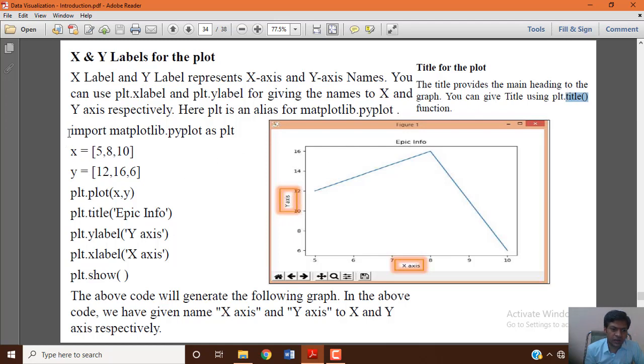How can you give that? We have taken two sequences, x and y axis, and what we are drawing is a line chart, and the title of that line chart is epic information. As you can see, this is how you can make use of the title property of that particular object.